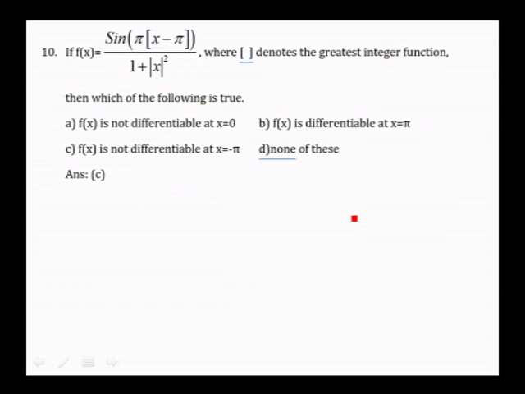10th question, fx is sin pi cos pi into integral part of x minus pi over 1 plus mod x square, where this denotes the greatest integer function. Then which of the following is true? Fx is not differentiable at x equals 0, differentiable at x equals pi, not differentiable at x equals pi, none of these. So if you consider this function,